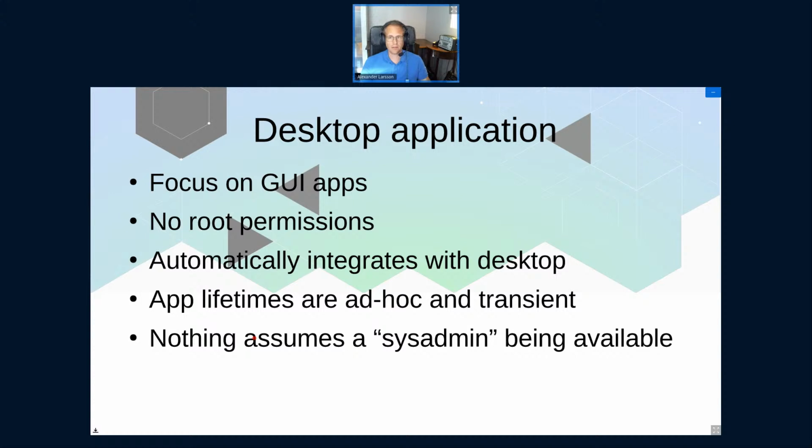We also automatically integrate with the desktop. So once you install the app, it just appears in your menus. When you run it, it will get access to the X server, the Wayland server, PulseAudio, D-Bus, all the kind of things that a desktop app expects. I mean, it's certainly possible to run, say, Firefox in a Docker container, but it's not automatic. You have to know all about the X sockets that you have to bind in the right place and set the right environment variable, whereas this is just automatic.